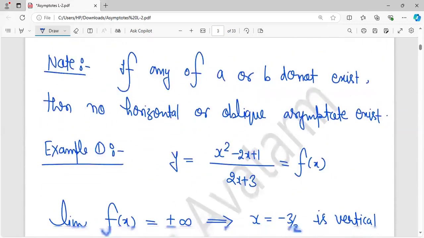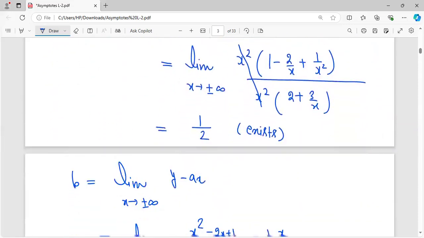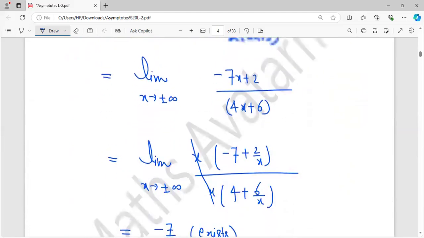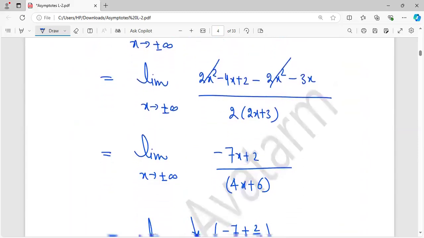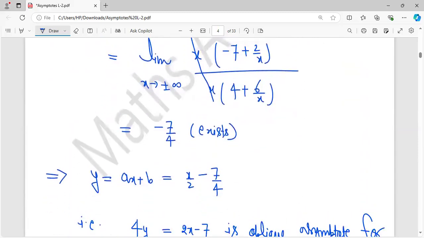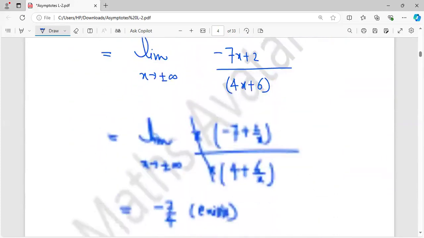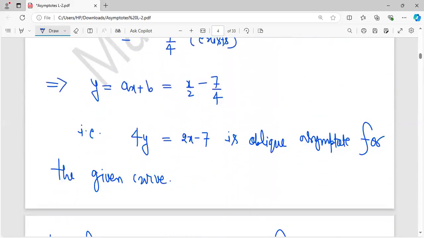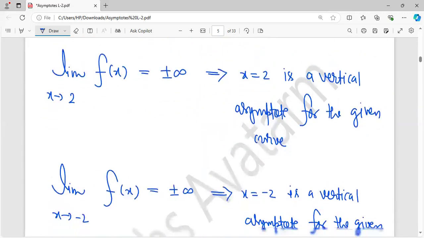In the first example, the limit as x tends to plus-minus infinity was giving a common value. The a value and b value are common constants. We are not getting two distinct limits,